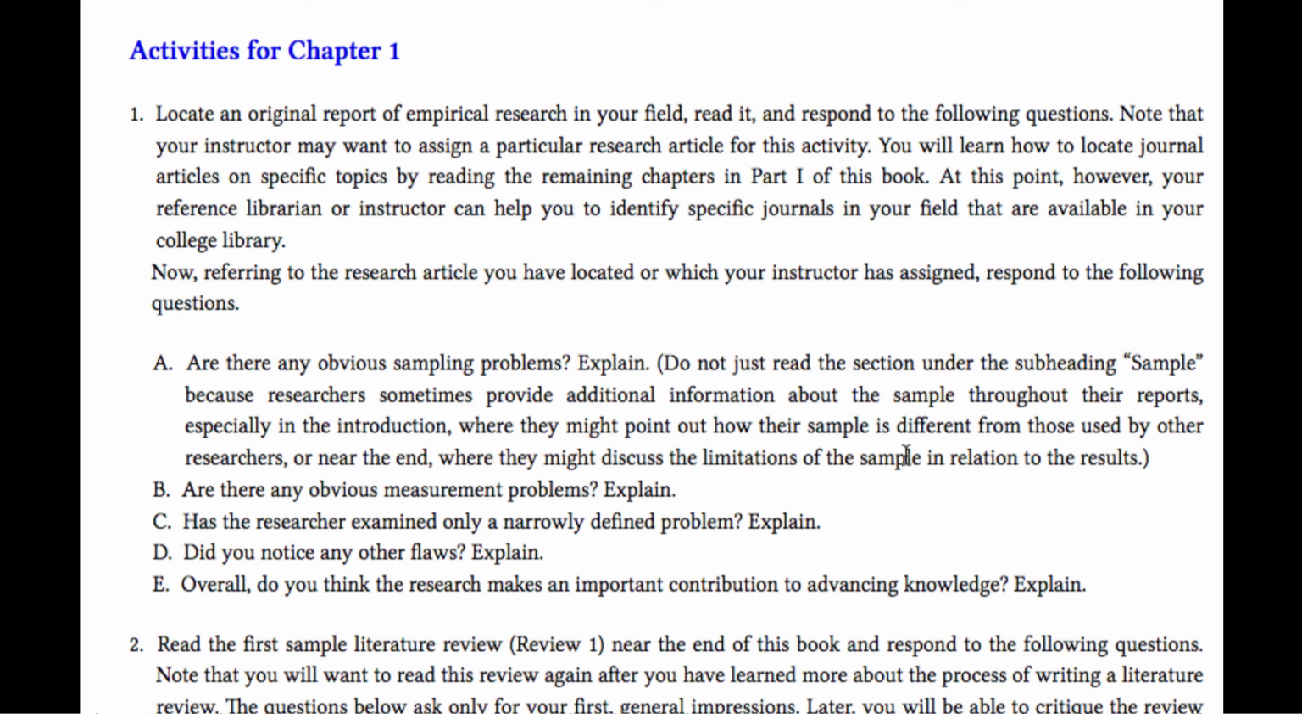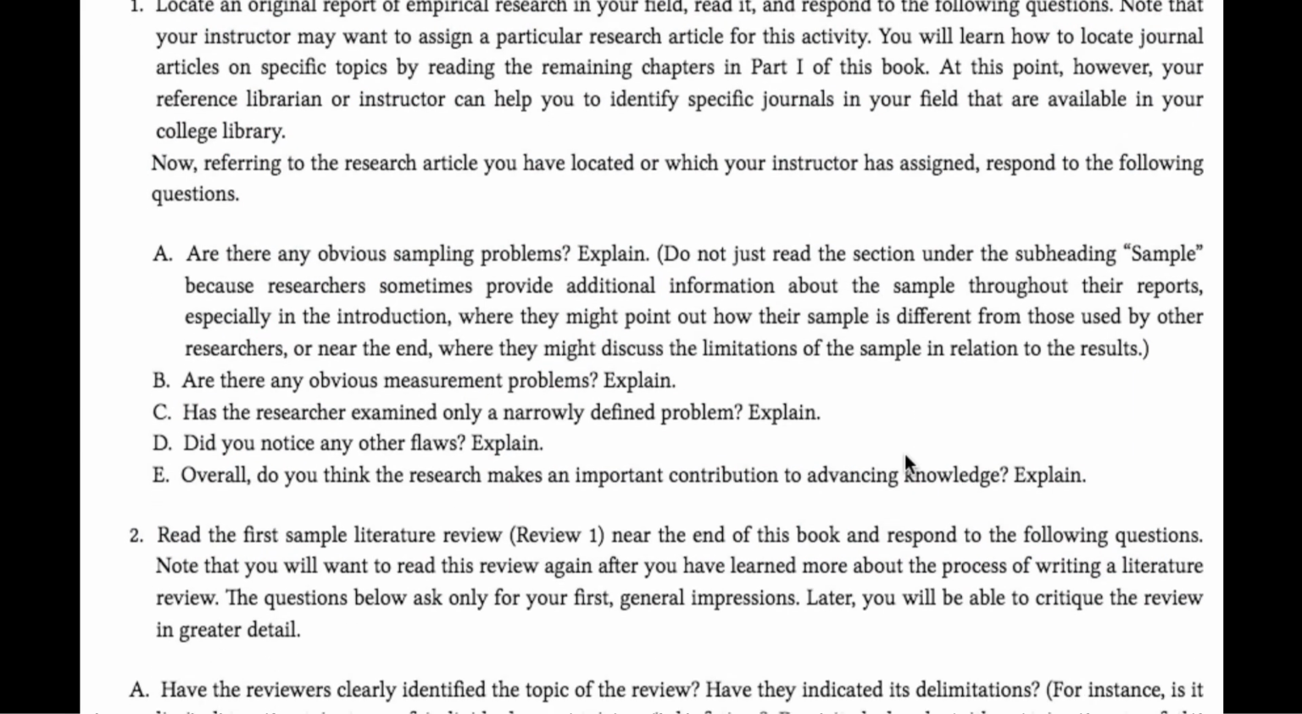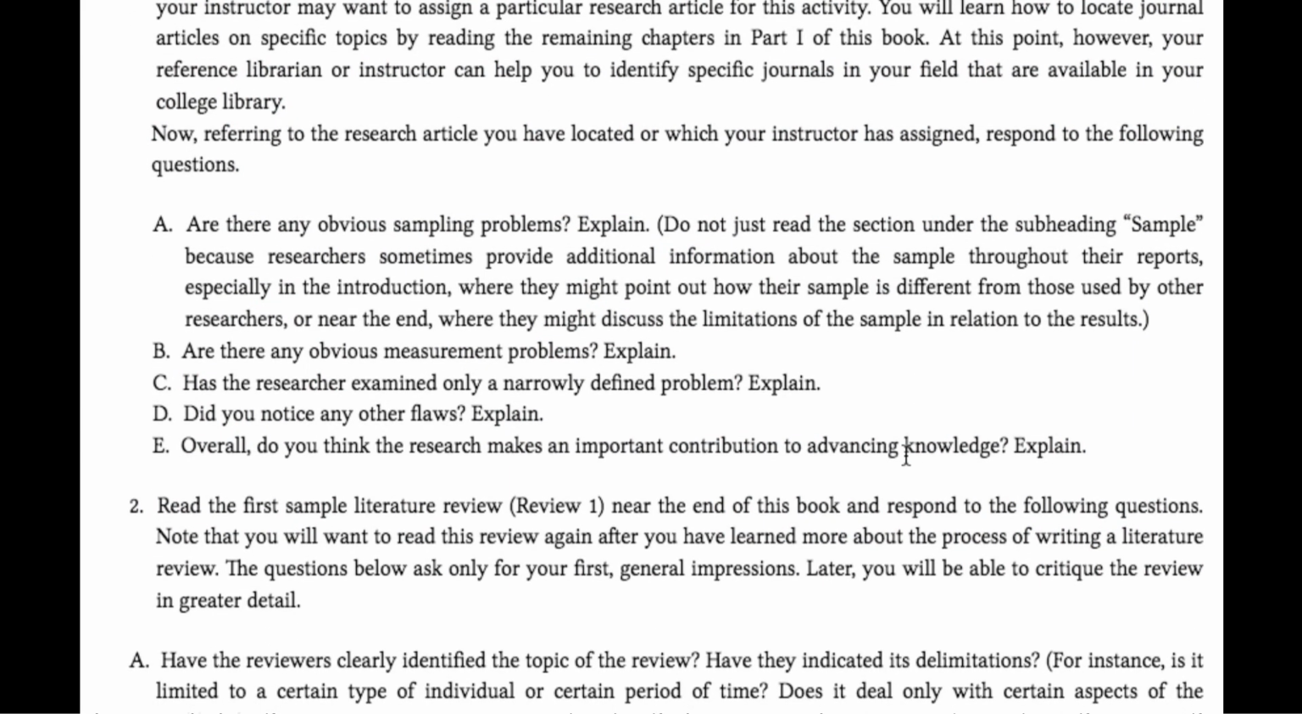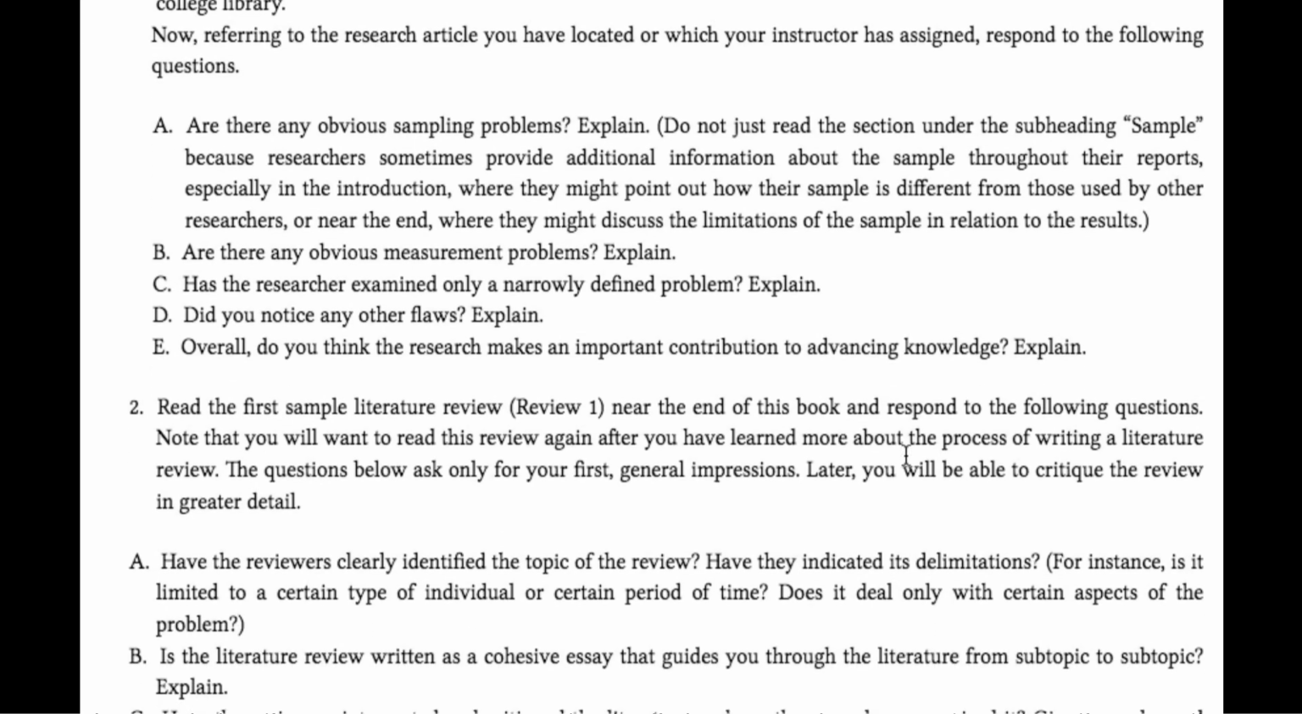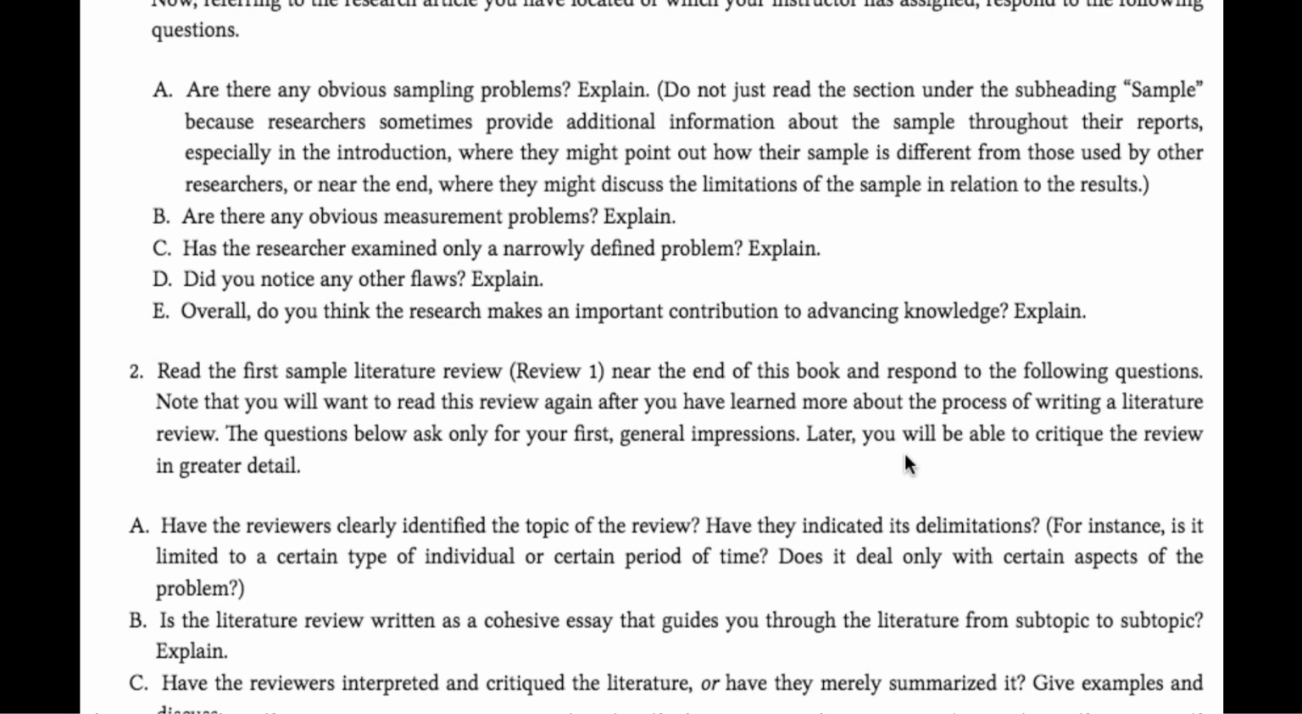At this point, however, your reference librarian or instructor can help you identify specific journals in your field that are available in your college library. Now, referring to the research article you have located or which your instructor has assigned, respond to the following questions. A. Are there any obvious sampling problems? Explain. Do not just read the section under the subheading sample because researchers sometimes provide additional information about the sample